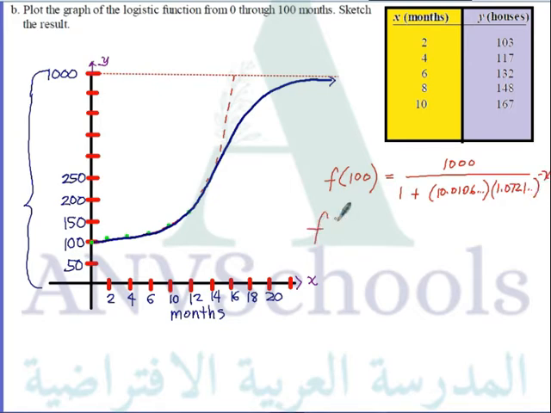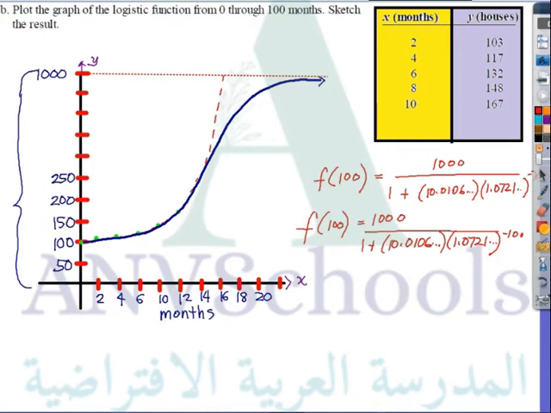So f of 100 would be 1000 over 1 plus 10.0106, 1.0721 raised to negative 100. And with a calculator with us,